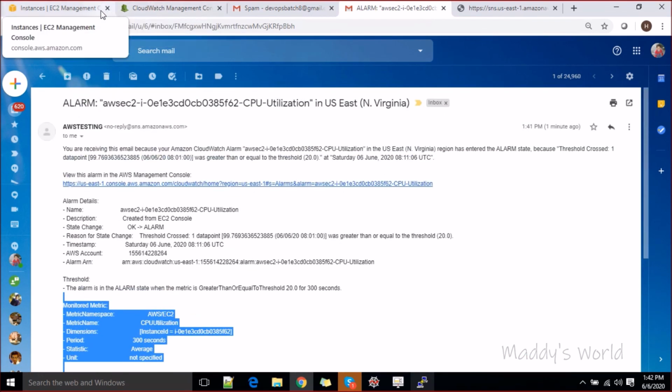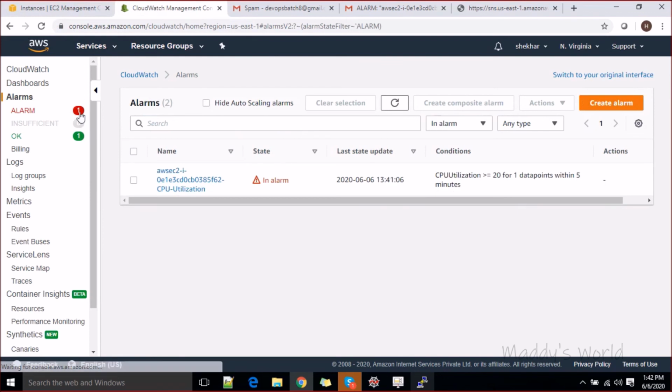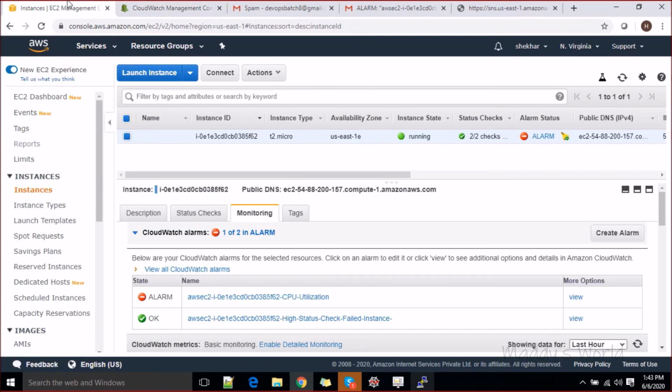So now if you go here and see the alarm, you have one alarm here. It says the state is in alarm. Now let's go ahead and see if our condition was met and the instance was rebooted. Now it says the instance is running again.